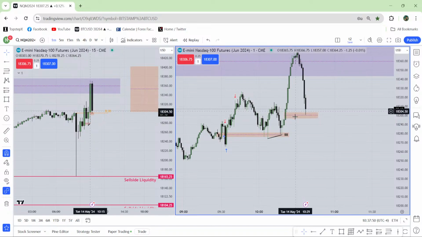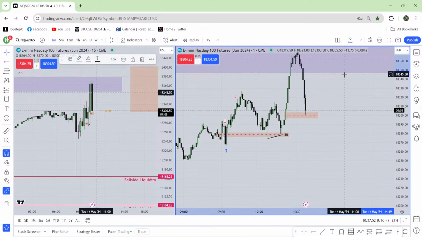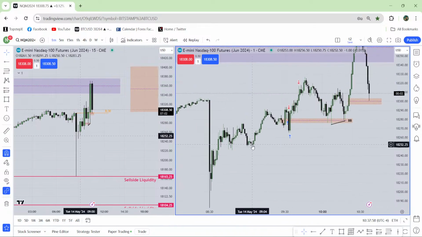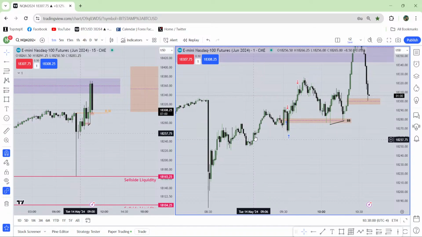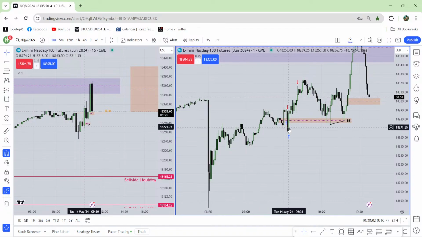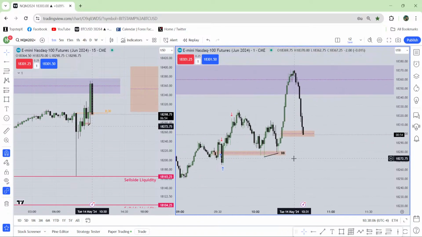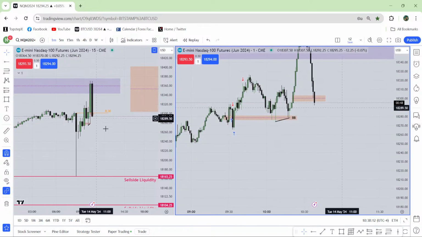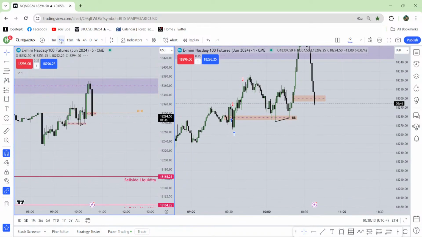Never ever try to catch those type of runs. Instead of that, try to catch some small run. Yeah, clean run but small. Something like this move. See here to here. See this move? This type of move. From here to here. Try to catch those type of moves. Never ever try to catch this type of moves. If you are lucky, maybe you will be able to catch them. But don't try to catch them, okay?